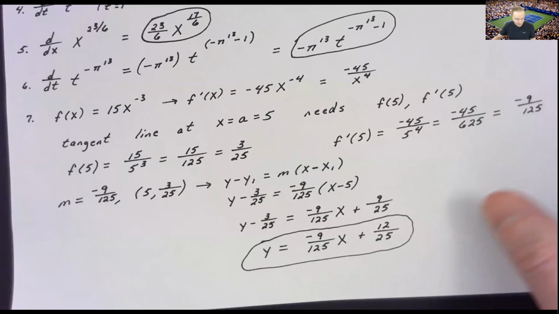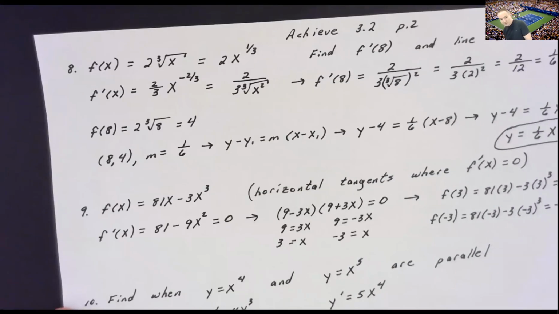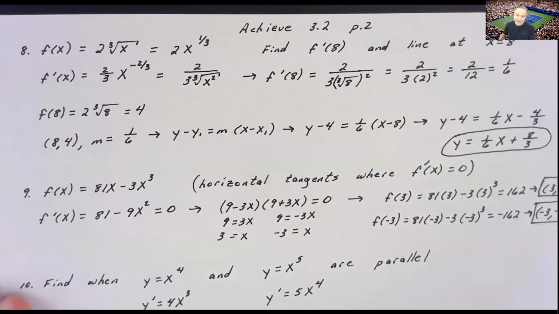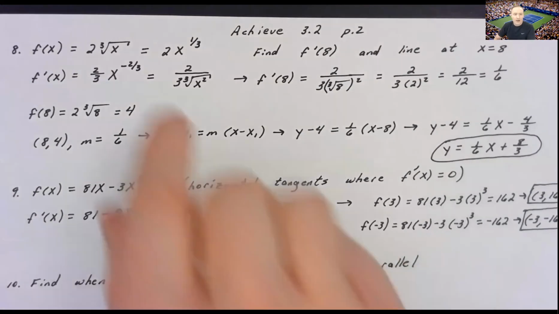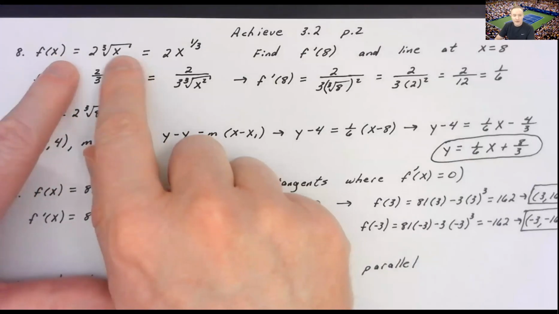Now, like I was saying, there's several problems in this assignment that have us do that same thing that we did in number 7, where we have to evaluate the derivative and then find the equation of a tangent line. So same thing here in number 8, where it said, what if f of x is 2 on the cube root of x, and it's wanting us to find both the derivative and the equation of the tangent line